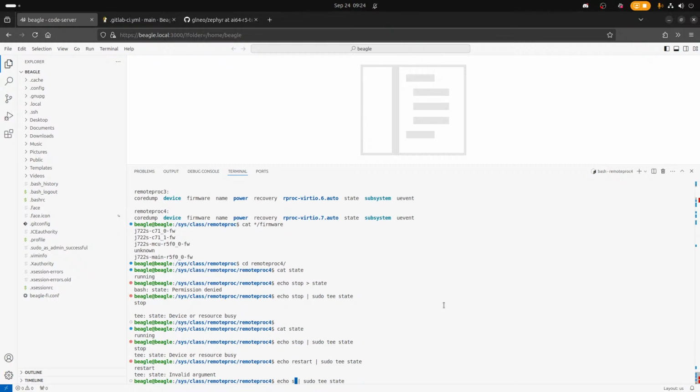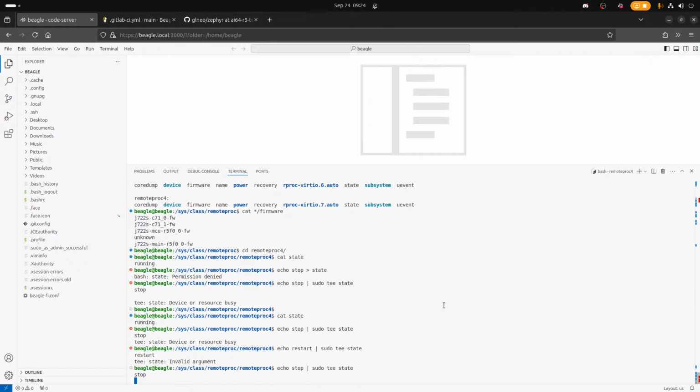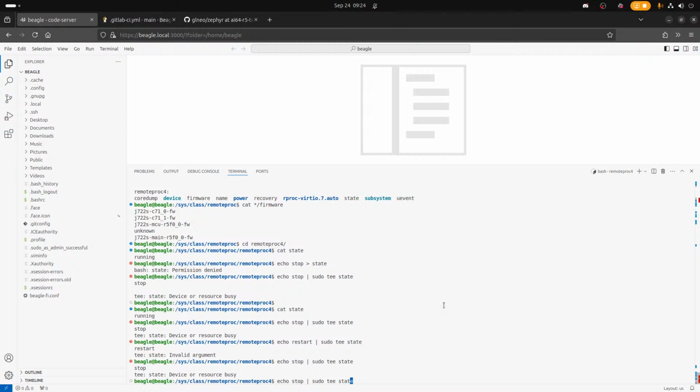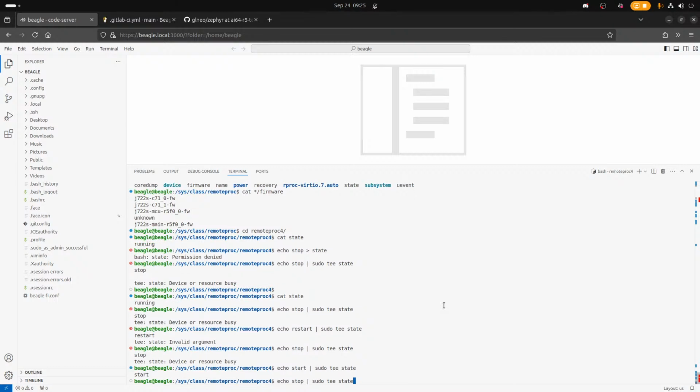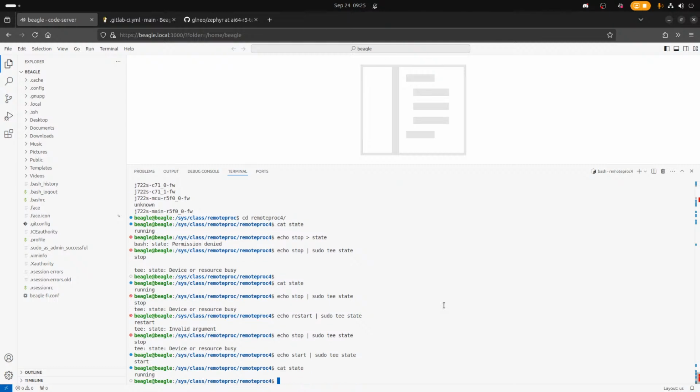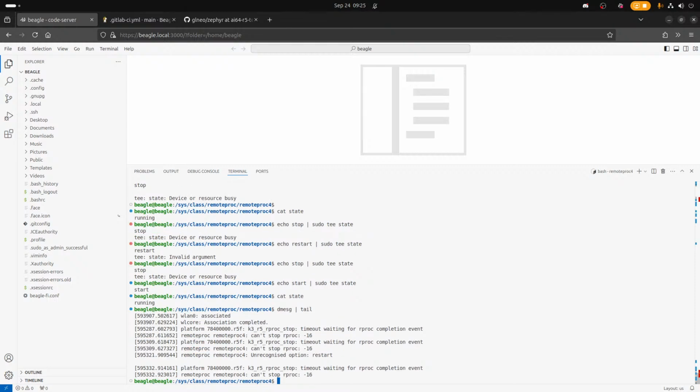It might have been, but even if it was running, I should be able to stop it. I don't know why you wouldn't have permissions to stop it. Timeout waiting for it to complete. I don't know why the driver wouldn't let me stop it.